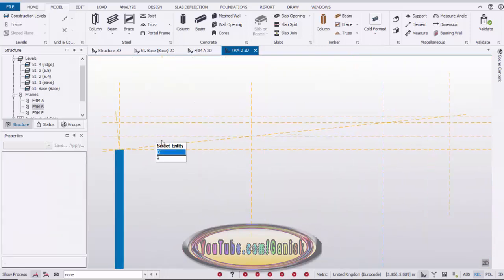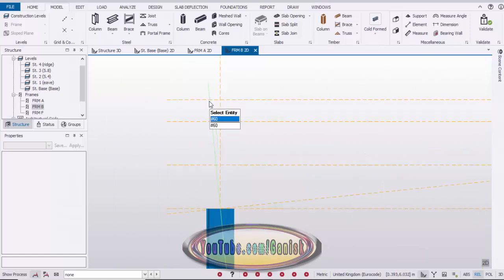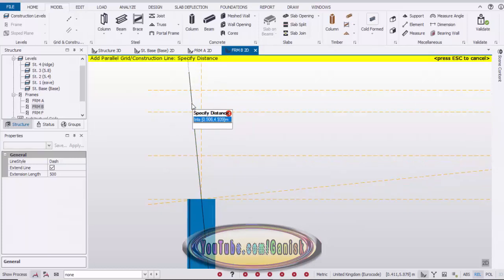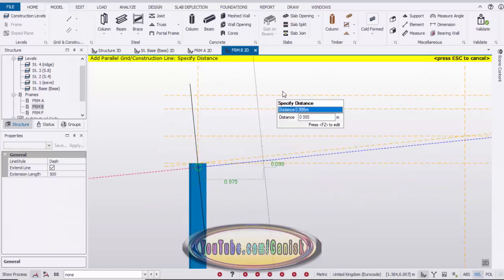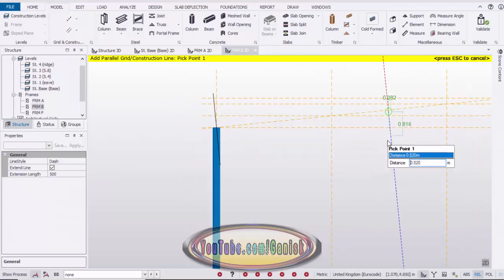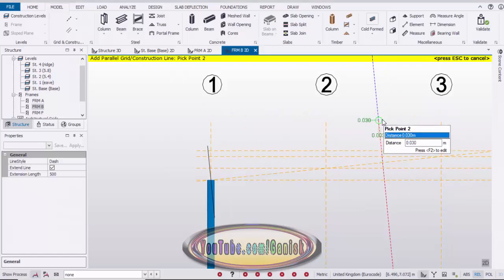Now we're going to take rafter 6 meters length and then later remaining 4 meters length. So now we're going to take the parallel line along parallel line to this construction line. So click on here and select this parallel line and take it as a reference and just place the cursor in this side and enter F2 and enter here 6 meter. Then click on enter and pick the first point and second point on this line.